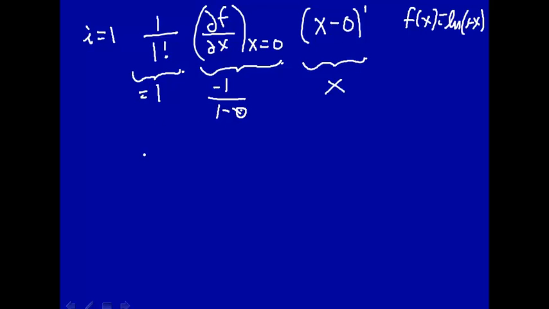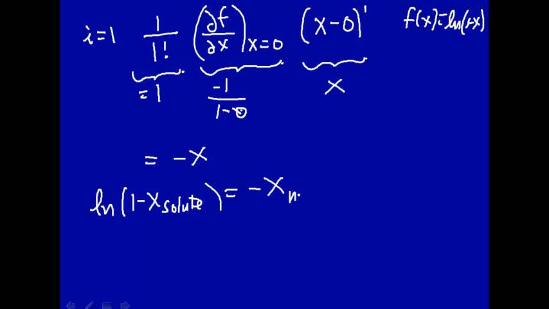So we multiply all this out. The i equals 1 term gives minus x. So what this means is the natural log of 1 minus the solute mole fraction is just equal to minus the solute mole fraction. All right, so that's a handy thing to be able to work with,